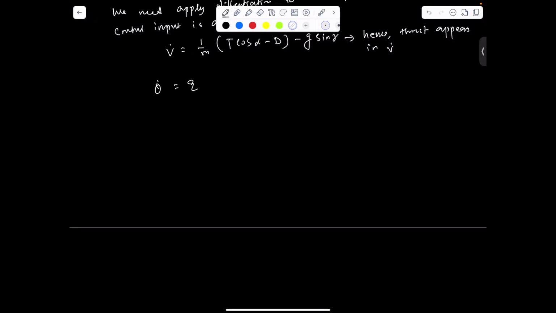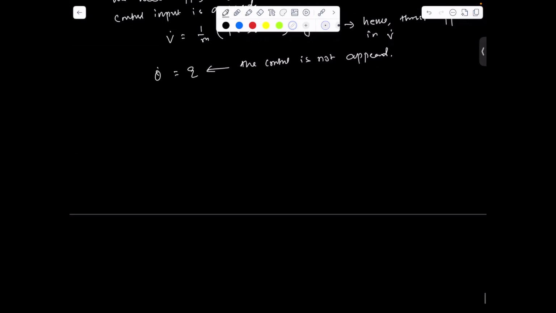So here if you notice, the moment or the control, which is nothing but M, is actually a function of delta E. So this does not appear in this equation. The control does not appear. So again we have to take the time derivative. So theta double dot, we can write as q dot. In this case, we can see M equal to I_y, so here M appears in the output equation.